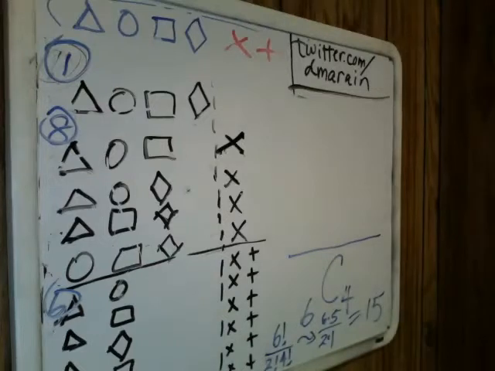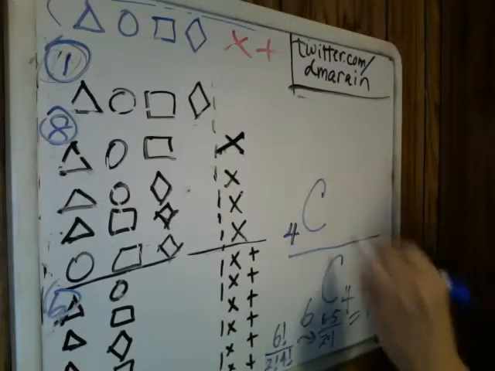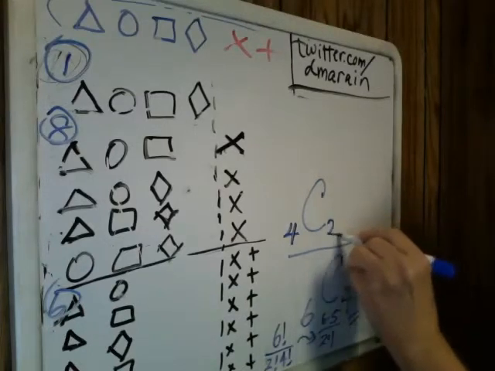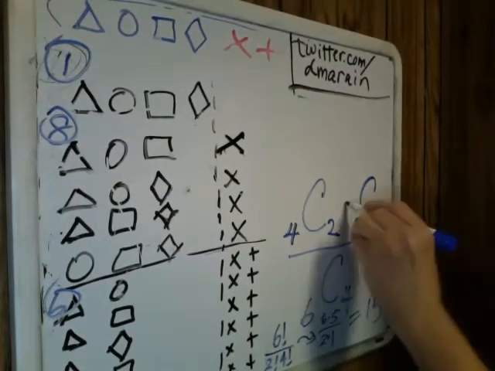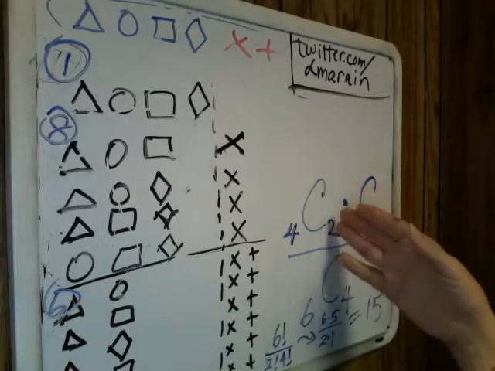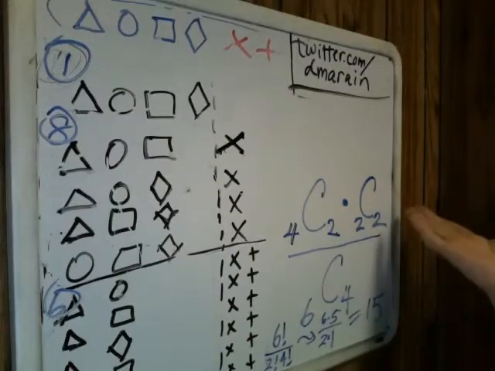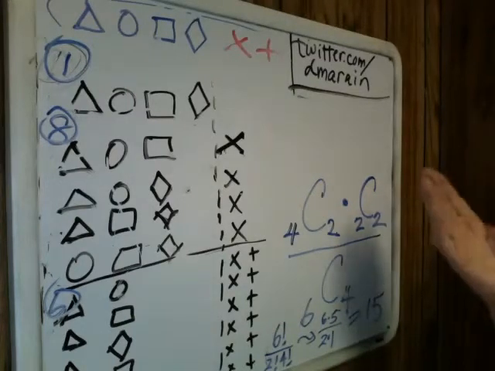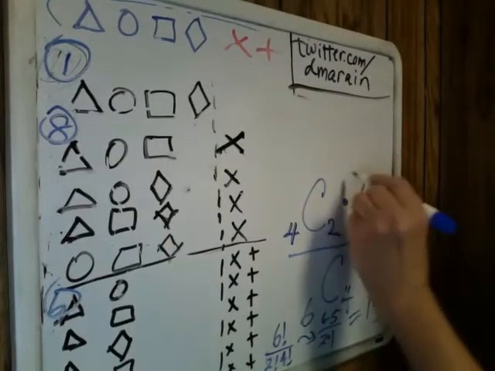The numerator is a little more complicated. Now you want to use combinations to count how many outcomes we'll have 2 blues and 2 reds. Well, you've got 4 blues to choose from, and you want 2 of them. And then you've got 2 reds to choose from, and you want 2 of them. And since you want 2 blues and 2 reds, the order doesn't count. So you're not concerned about in what order the cards are selected. You just want to end up with 2 blues and